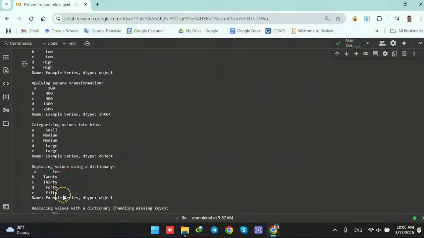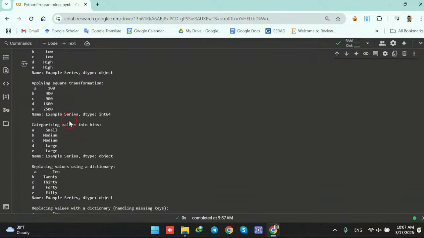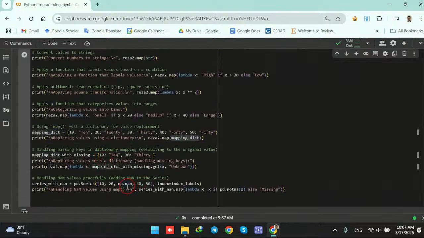So here in the output, we see that these numbers 10, 20, 30, 40, and 50 are being labeled from A to E. So we are basically replacing values using a dictionary, because the values were numeric here, but we see here they are strings and we replaced them using a dictionary. So it's possible to replace values using a dictionary. How? We write down the name of the series, then the map function, and in parentheses we write down the name of our dictionary, and it is going to automatically replace the values. Then